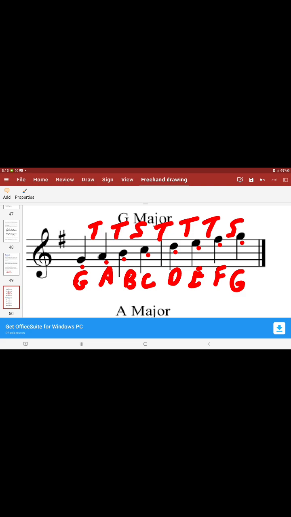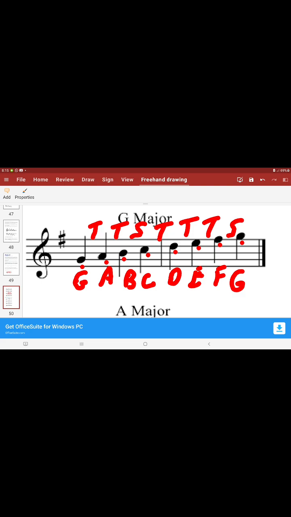I believe that. Okay, let's go. Now, between C and D, it's a tone. Between D and E, it's a tone. But between E and F, remember, is a semitone. Is what? A semitone. And because it's a semitone, but for us to make our scale, look at it, the